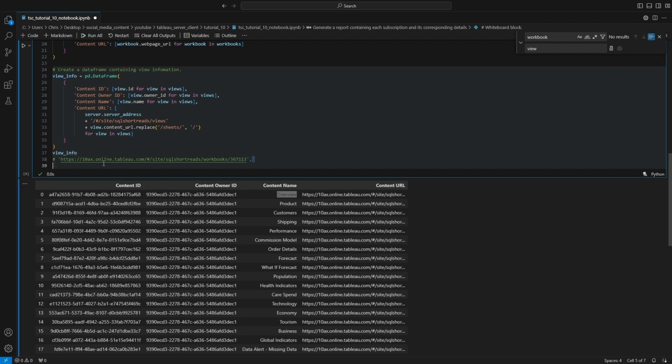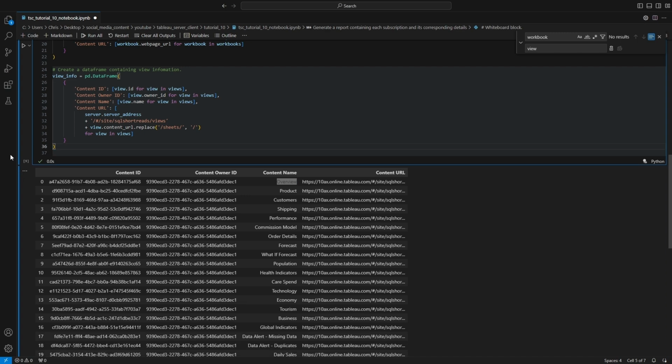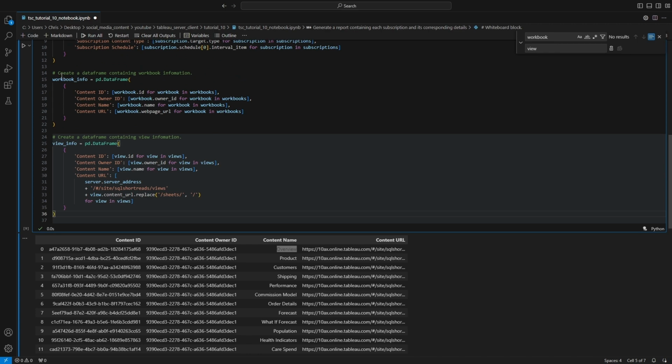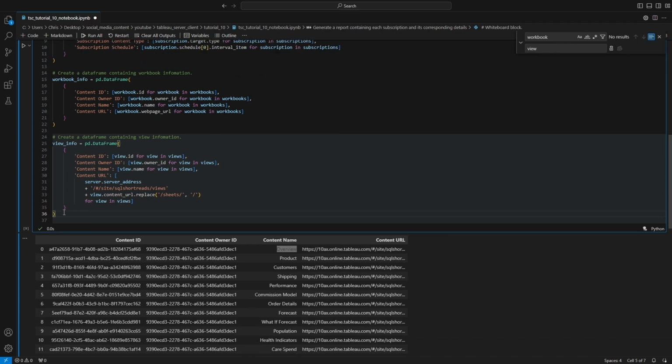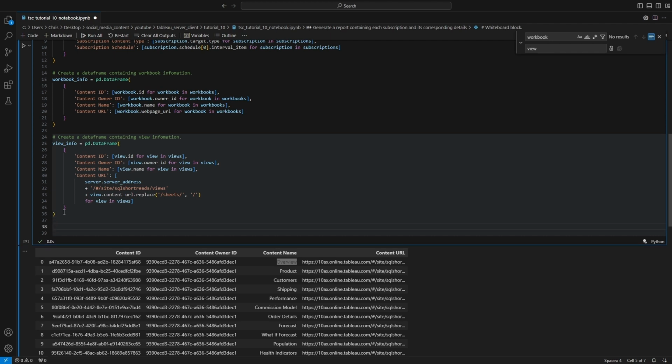Okay, so we have the views. We have a view info data frame. The next thing we need to do is take these two data frames and concatenate them together. The way we're going to concatenate these is exactly like you would do in SQL. You would union them, or in Excel, you would append the data to the pre-existing data range or data sheet. So let's go do that now. And I'm just going to say content info. I'm going to just do vertically